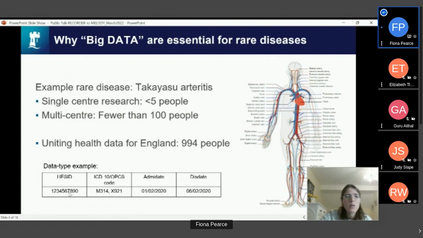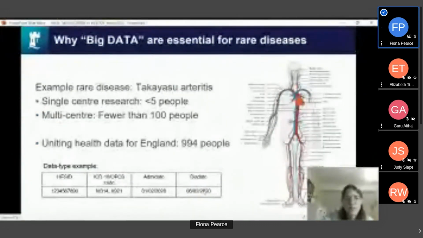But before anyone feels too alarmed, I'll just show you a little bit about what the health data I'm talking about is. We don't have access to anything confidential that you might discuss with your GP or with the doctor in a clinic visit. What we get is very sparse but incredibly important data that's routinely collected as part of the administrative processes of running the NHS. This is mock data, because it wouldn't be right to show you real data, but it is an example of the sort of data I can see.